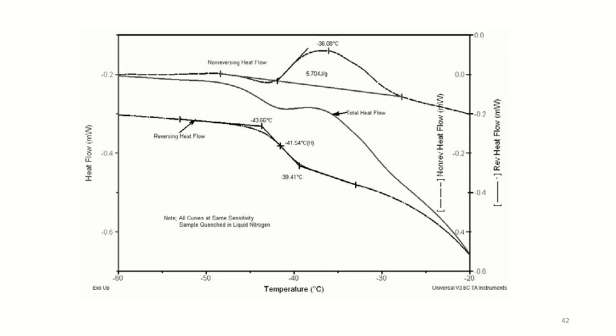The first of these is the important glass transition seen in the reversing signal between minus 43 degrees Celsius and minus 39 degrees Celsius, which is quite obvious in this diagram. Here we can see this is quite obvious and can be observed by using modulated differential scanning calorimetry instead of